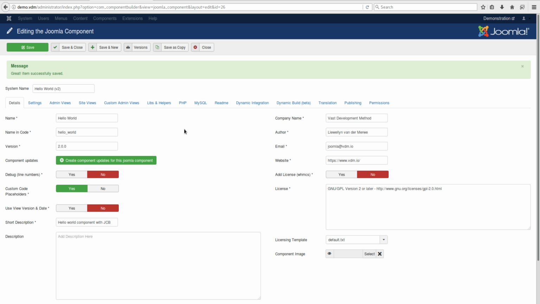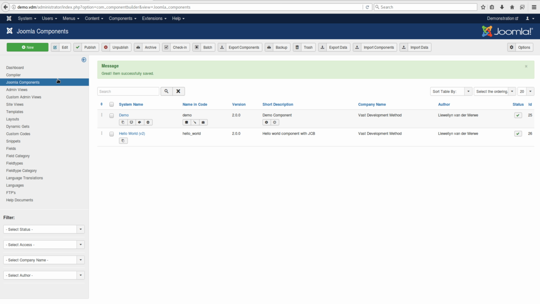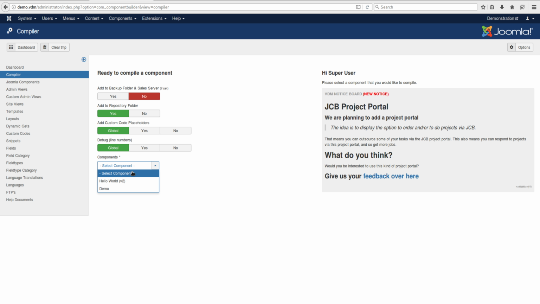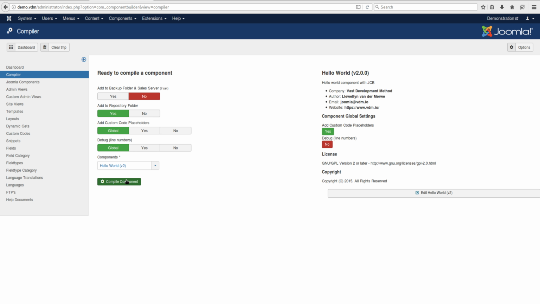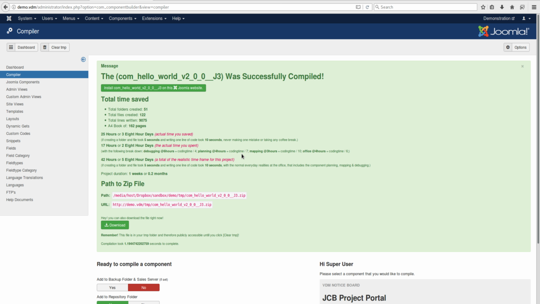So all that now remains is basically to compile. So we'll click Save and Close, and we'll go to the compiler, select our component and compile. Great. That means we've just written 9,000 lines of code, created 51 folders and 122 files,